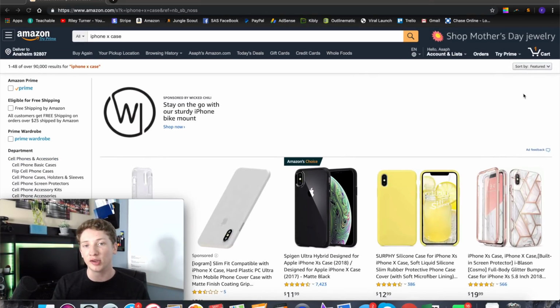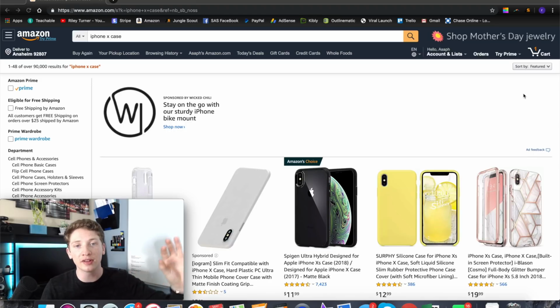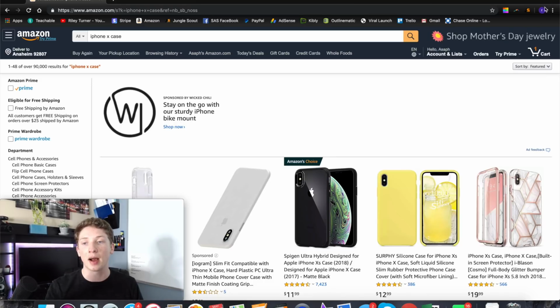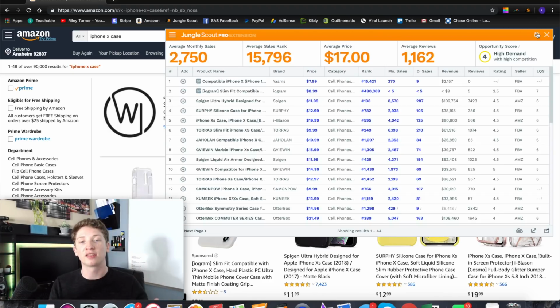What we want to do is run the Jungle Scout Chrome extension, and I'm going to show you a few of the key things you need to look out for that might show you if it is a bad product to start or not. If you don't already have the Jungle Scout Chrome extension, I have the link down below in the description, under the spot that says tools I use, and then it will say Jungle Scout. Go ahead and click that link. Once you download the Chrome extension, it's going to pop up at the top right of your browser. It's going to say JS, and you click it when you're on the search page. Okay, so now that we have the Chrome extension running and it's showing us all the numbers for all these different iPhone cases,